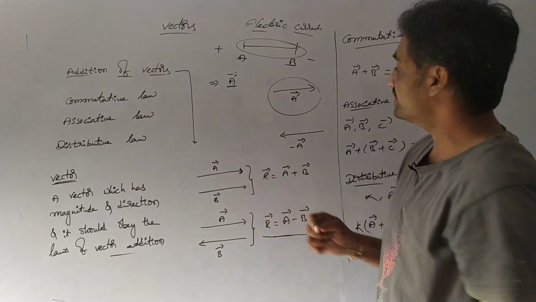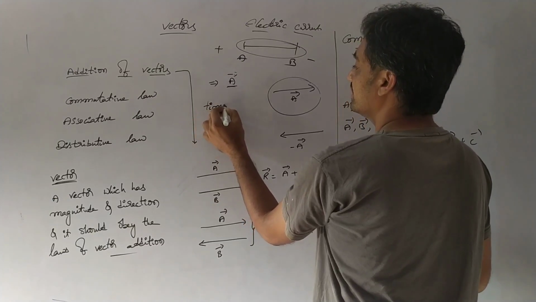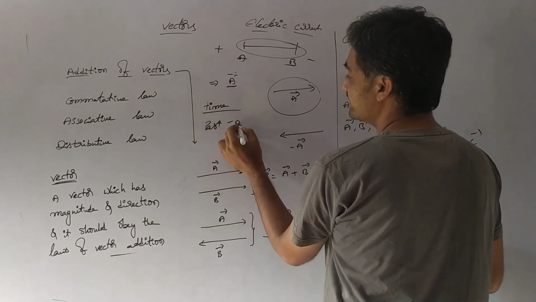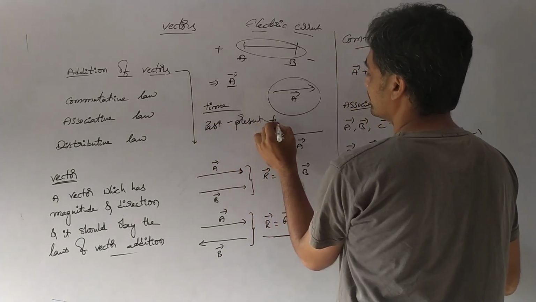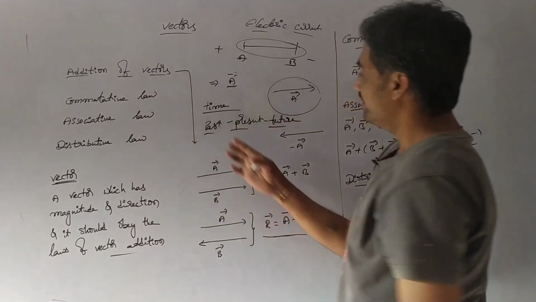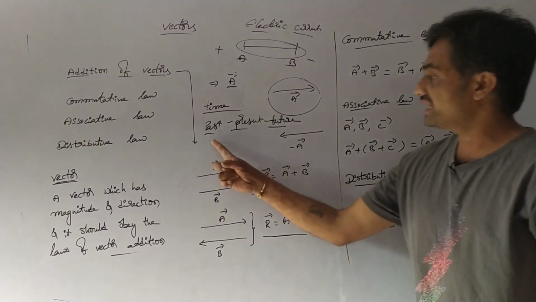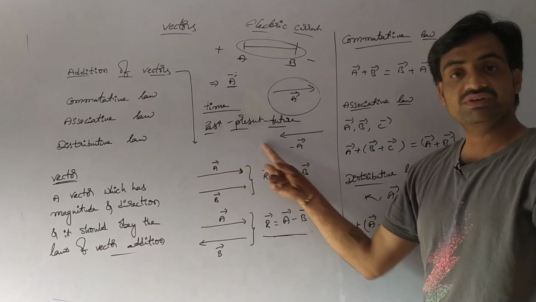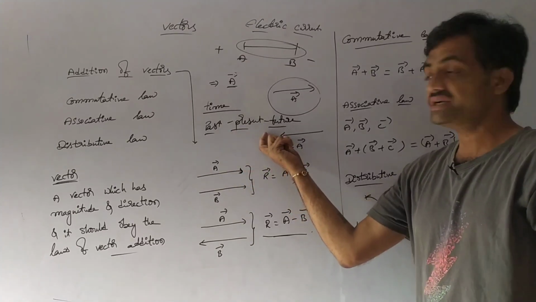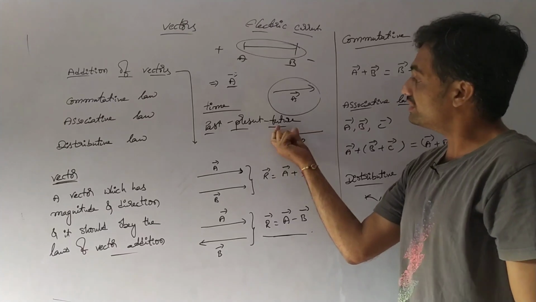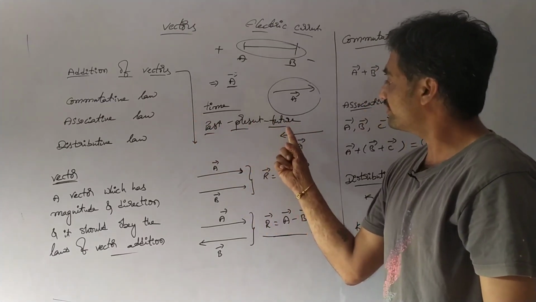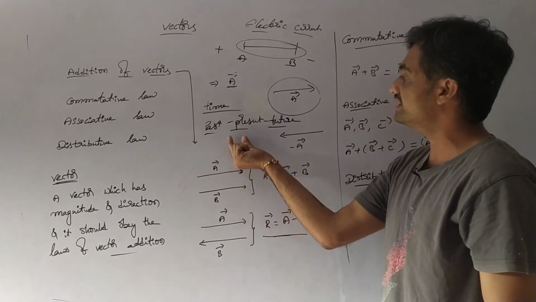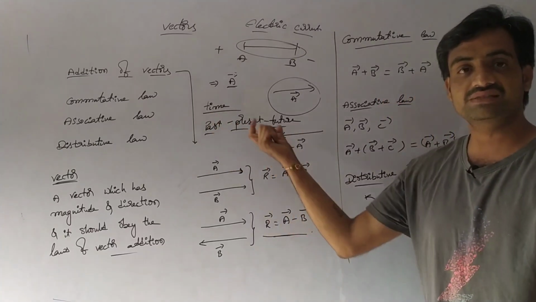As well as time. Observe that if we consider time as a specific direction, we can consider the time from past to present, present to future. It is a specific direction as well as it has magnitude. But in this case, we cannot reverse the time. We cannot pass the time from future to present, present to past. Since we cannot reverse this direction, we can say that time is a scalar quantity.